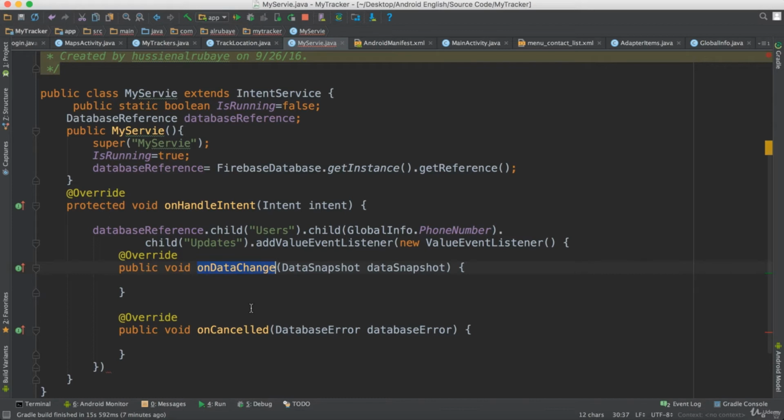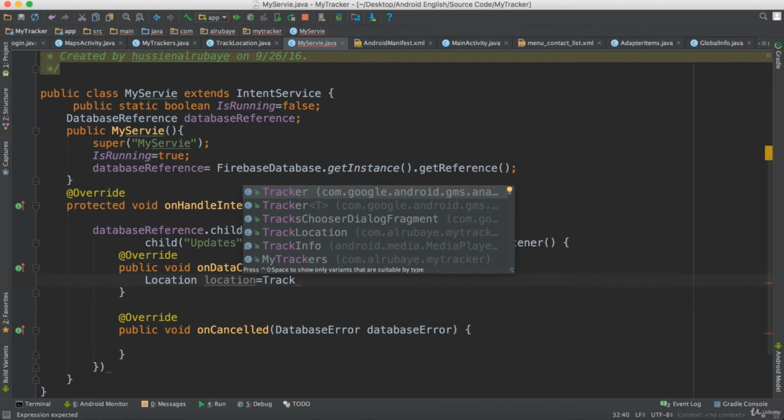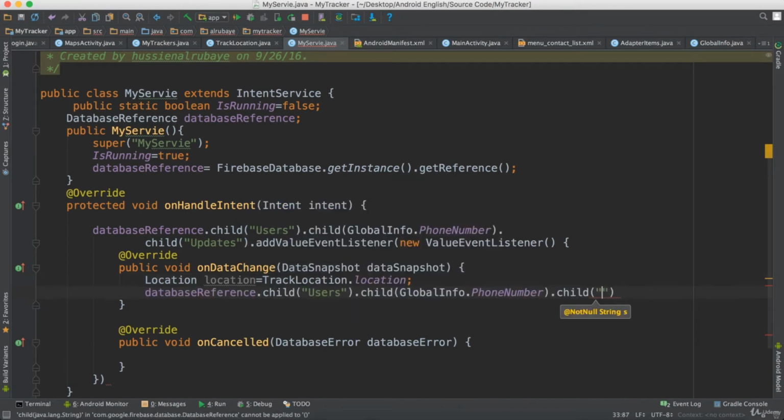So how would I send my location to the server? I will do the same operation. I'm looking for the user, this user that I have. I also have the location. If you remember the location that we have, I could get it from the class for track location, or my location,